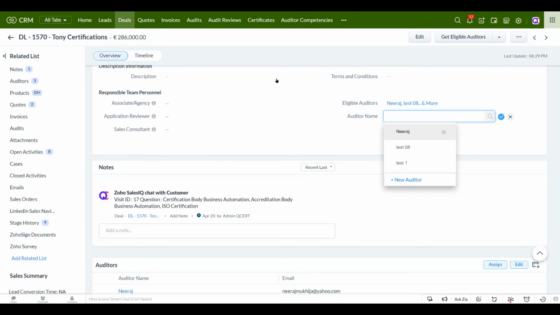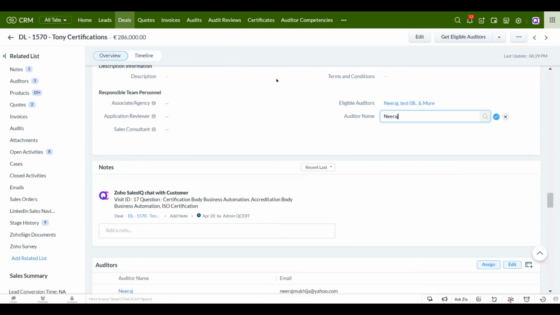This is some sort of facilitation which needs to be done in conversation with the auditor, understanding if his schedule permits or allows for him to be able to do this audit. Could be other constraints too. So we thought about it. We could have automated it by picking one auditor and putting in the name here, but that likely would not have made sense because in most cases you would go back to the auditor and ascertain that this guy would certainly show up for the audit. So it's that easy, and that's the beauty of the system, that eligible auditors are easy to find and assign